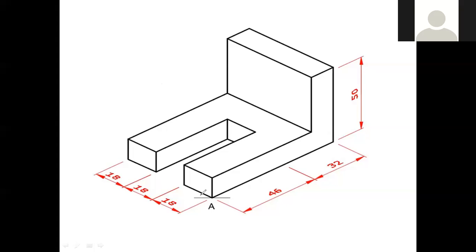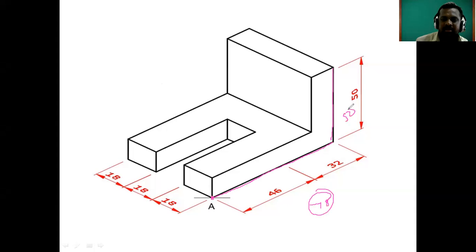Now, first of all, we have to draw this outline. This box we have to draw. Then it will become easy. Okay. Then from this point again we have to draw this line. The length of this line is 78, na? 78. Okay, and then we can draw this vertical line of the 50.